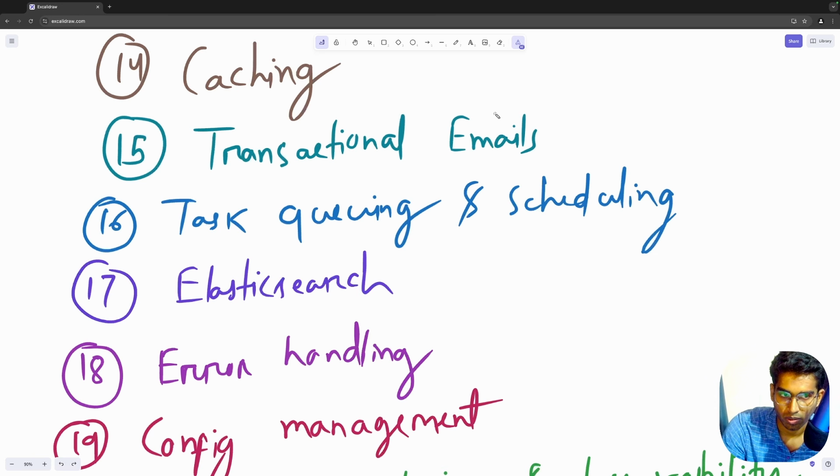For example, a user clicks a button to clear all my data. To clear all the user's data, we have to execute different queries for different tables, and that might take some time. So instead of blocking the request, we return the response instantly and we trigger a background job by pushing it into the task queue.